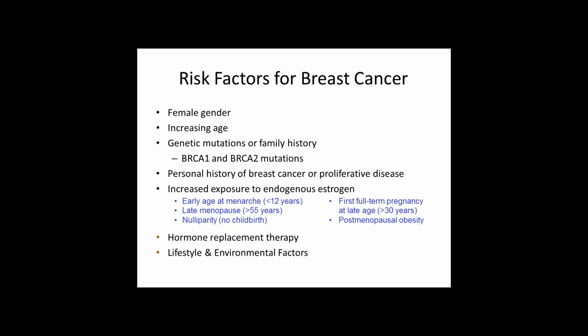It's related to estrogen, and we know now for many years that the increased exposure to endogenous estrogen, which can occur in a variety of different ways, increases your risk of breast cancer. So some of the things are early age at menarche, so having your period below age 12, and having a late menopause after the age of 50 or 55, never having childbirth, or a late first pregnancy, and are all factors that basically give uninterrupted periods going for many years, and that in some way increases the risk for breast